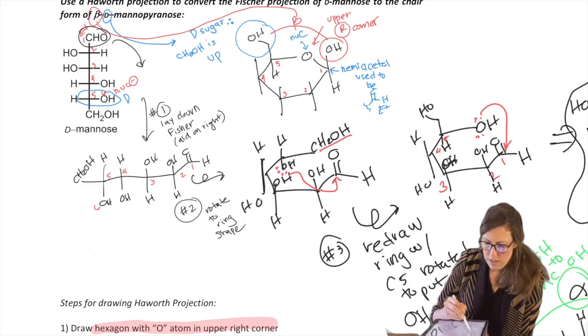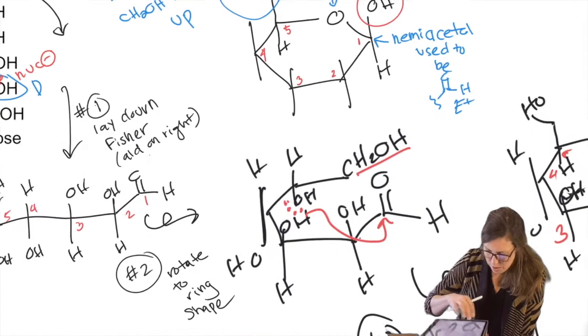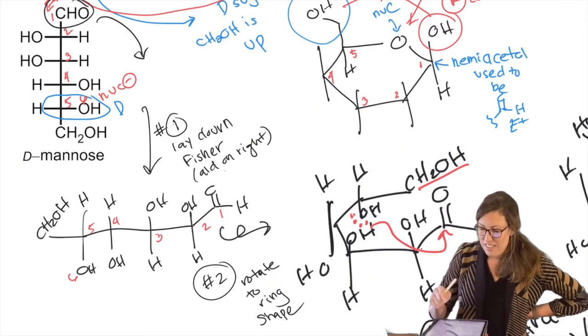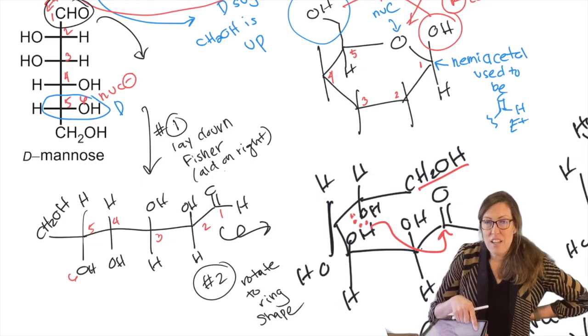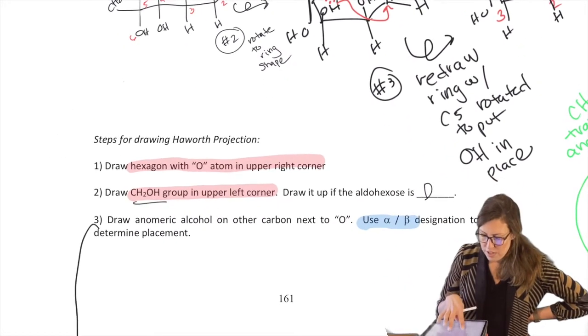Notice everything that was on the left ended up up, everything that was on the right ended up down. Okay, so then I'm going to close the ring. So if I were to just draw my ring straight from here, which we can do in just a second, I'd say, well, the consequence of that first step, which I don't need to redraw to figure this out, is that everything on the Fischer projection, if it's on the left, it's up. If it's on the right, it's down. So let's do this faster now.